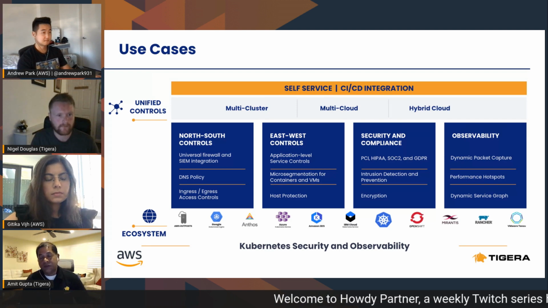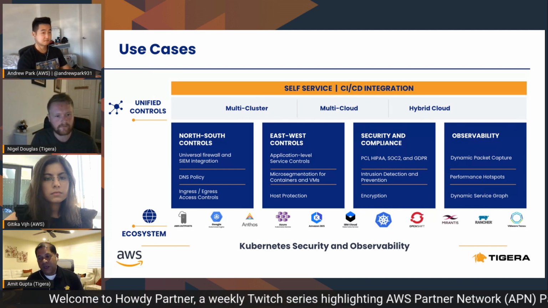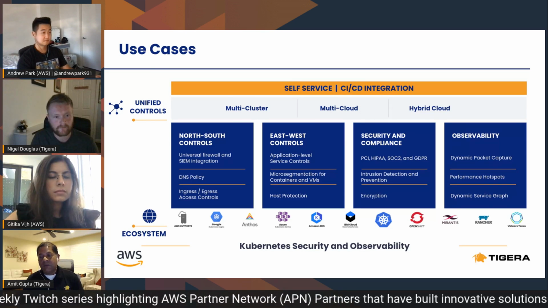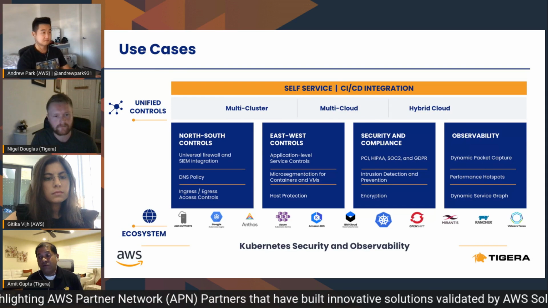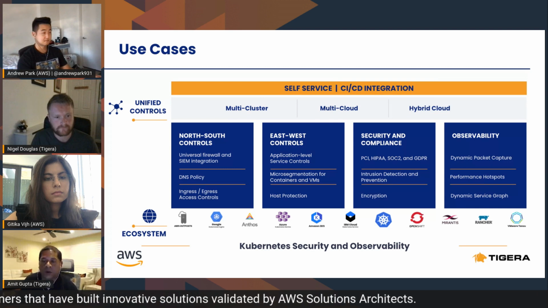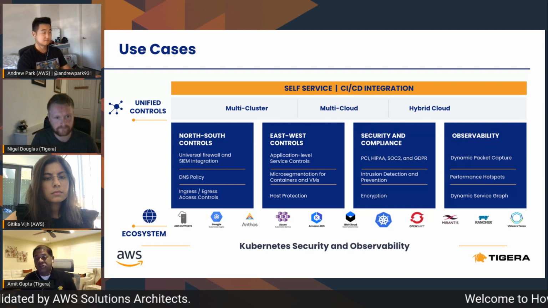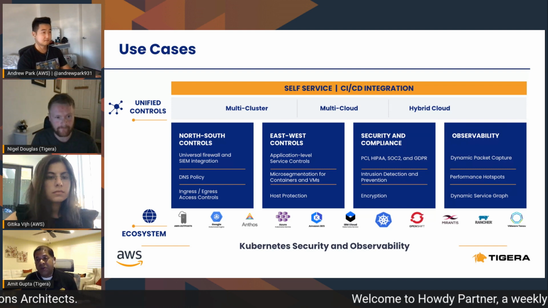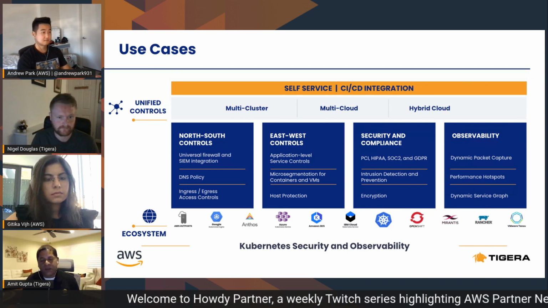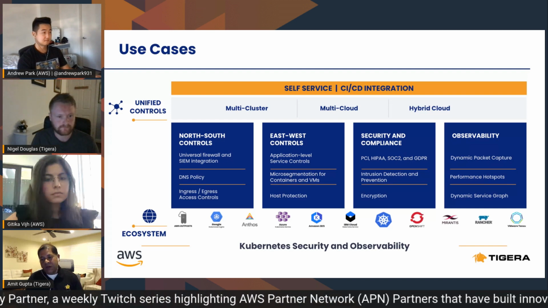And then last but not the least, the fourth set of use cases we'll talk about is observability. So as I was mentioning, when you start with 5-10 microservices, it is relatively simple. But as it goes past 20, 30, 40, 50 microservices and your environments get more complex and you're further along on your microservices journey, it could be really tricky for you to, one, just know what is the dependency between different microservices, who needs to talk to what, and that's important as you're troubleshooting and as you're investigating service incidents.